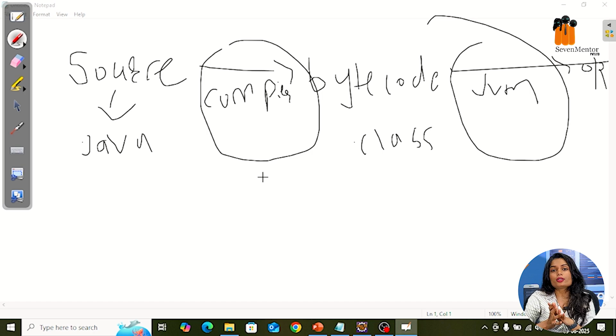So what does the compiler do? The compiler converts source code to the bytecode, and then JVM converts bytecode to the machine code and the output will be generated. So this is the architecture of the JDK, JVM and JRE. JDK is basically used by the developers, JRE is basically used by the end user, JVM is basically used to execute the bytecode into the machine code, and JRE provides all the libraries which are required for the JVM. Now up to here we learned about the JDK, JVM and JRE, the architecture.